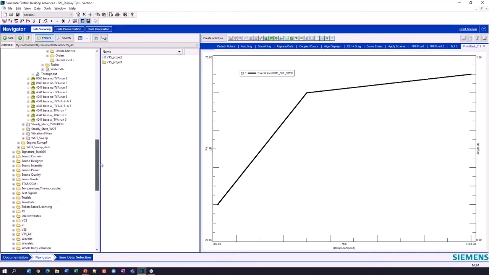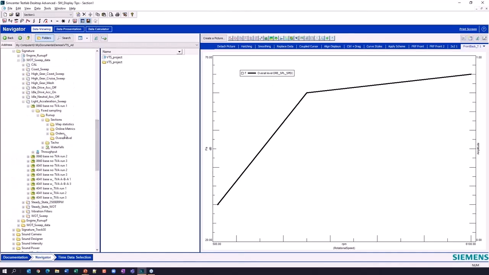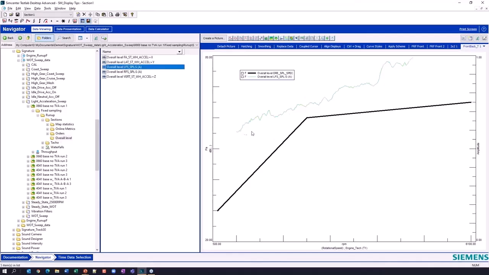Now if I go over to my latest run, I'm plotting overall level. Here's my left front ear. And oh no, I'm over target. Let's see if the right seat did any better. Nope. So immediately after making my measurement, I can plot this versus my target line, because I created a front back display with that overall level target built right into it, and it made it very, very quick and easy. While I was taking data, I could actually use this display and see these overall levels populate while the data is being acquired in signature acquisition.